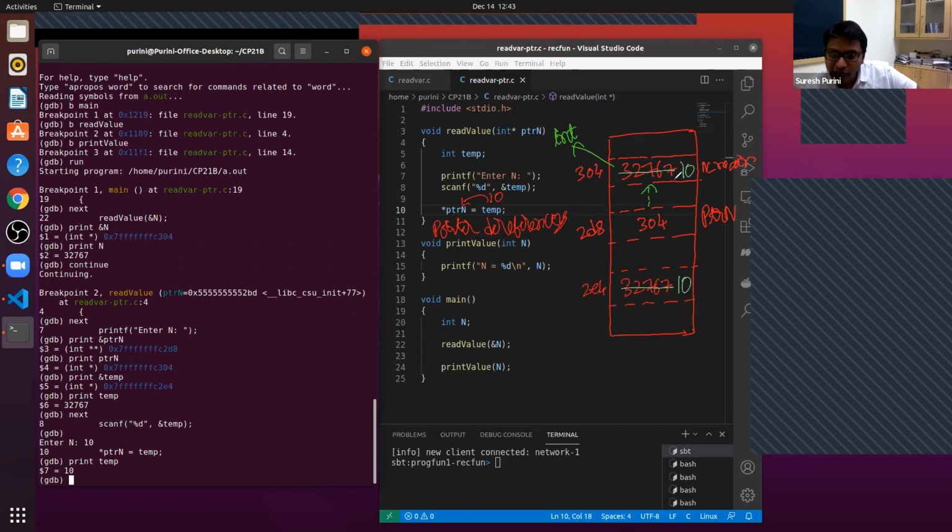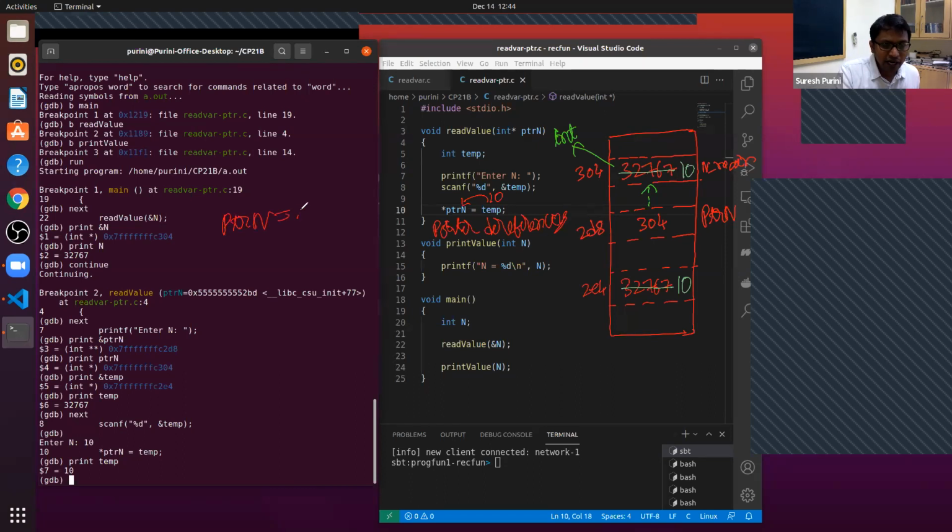When we say ptrn is equal to temp, what will happen? First question, if you say ptrn is equal to temp, which memory location gets updated? Which memory location gets updated if we say ptrn is equal to temp?